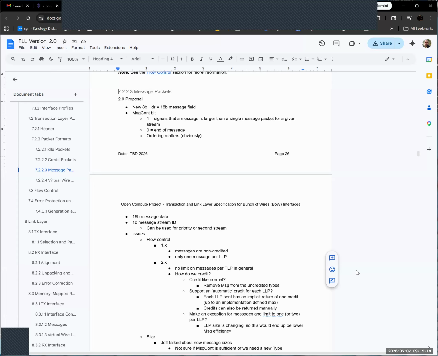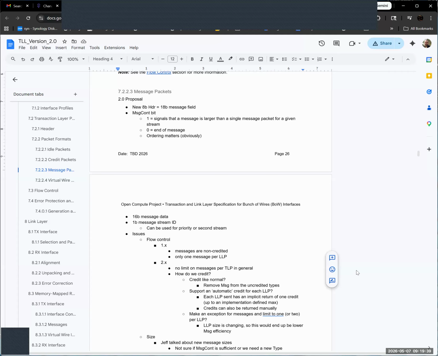If we go to 24 or 32 granules, you're getting a 5 to 10% efficiency increase. Is that worth the effort or potential complication? And if we do that, is it something we want to make optional or mandatory? That's a big question as well.